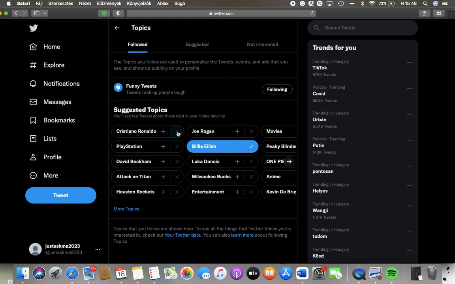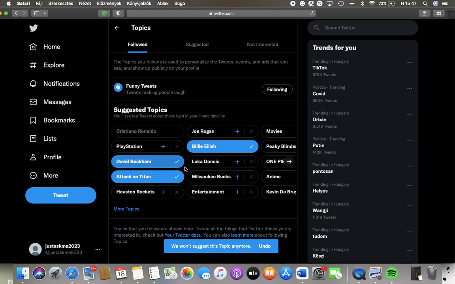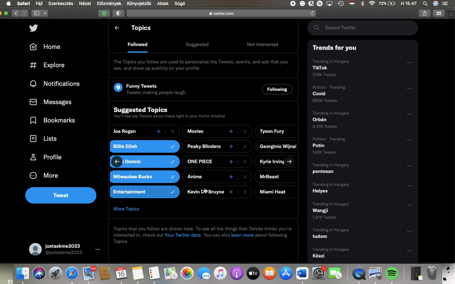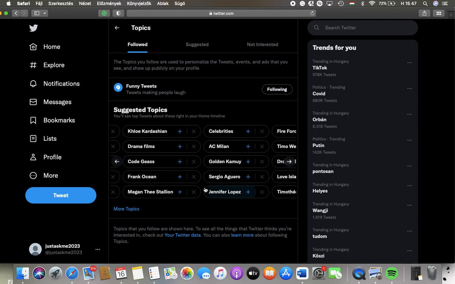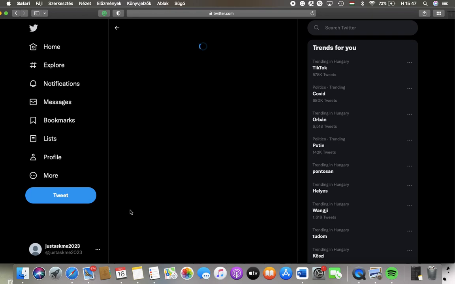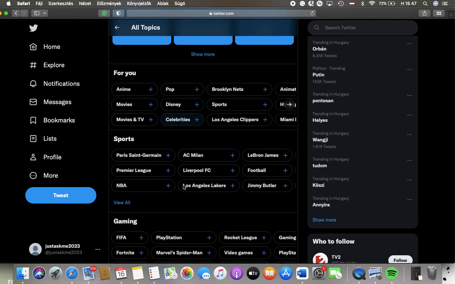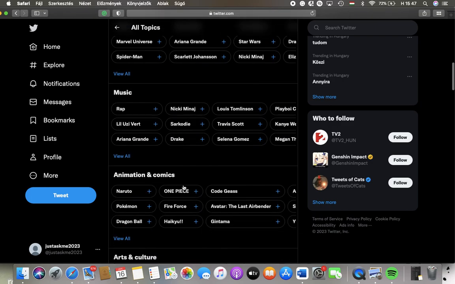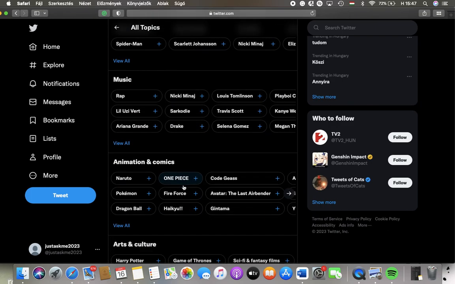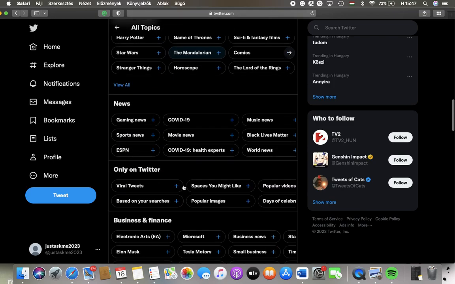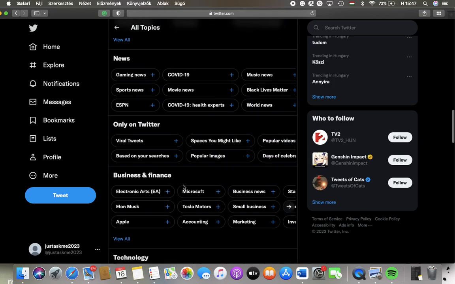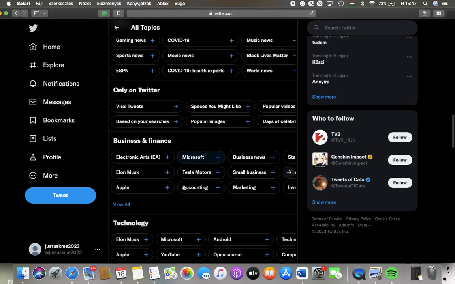If you are not interested, then click on the dismiss button, which is this X button next to the title of the topic, and just simply click on the relevant ones. And if you are interested in more, then click on the more topics, and then you will be directed to this categories section where you can find a bunch of subcategories such as music, animation, comics that you can check out and indicate the topics in more